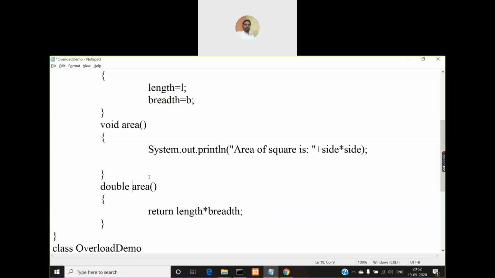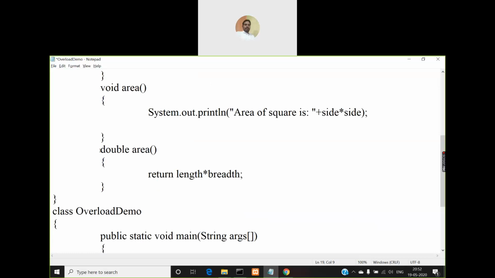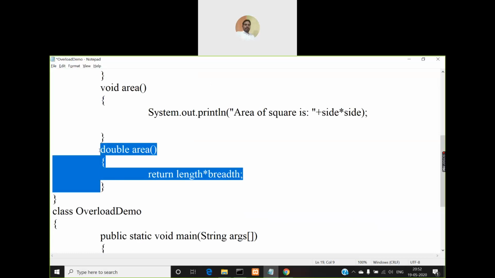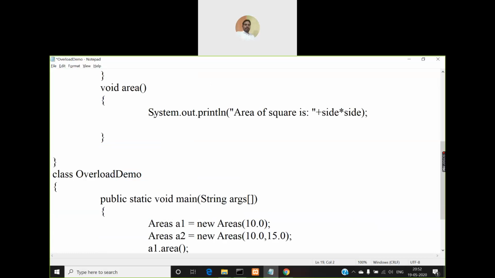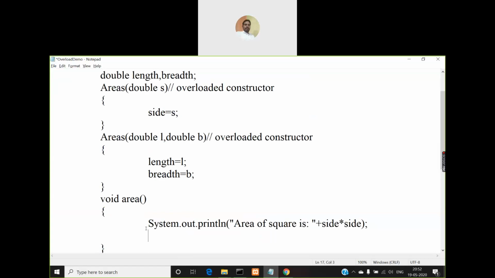Fine. Because if I create only one method area, and instead of this double area, I'll remove this one. If I want to calculate the area of both square and rectangle, what is the purpose of writing this program? The purpose of writing this area method is to compute area. So area can be computed for a square as well as for a rectangle, right? So if I try to